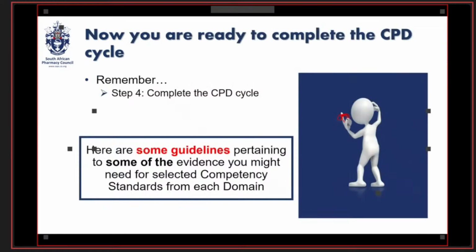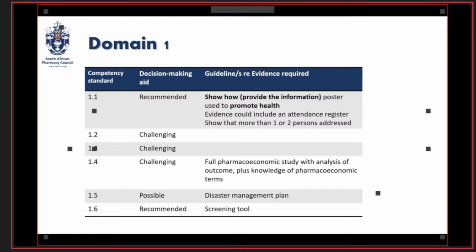So now you are ready to complete the CPD cycle. Remember, there are 4 steps and you need to complete all of them. And now we're going to look at some guidelines pertaining to some of the evidence you might need for selected competency standards from each domain. So again, we start with domain 1, and I'm just going to focus on 1.1 here, which is the recommended